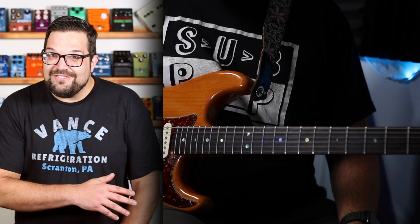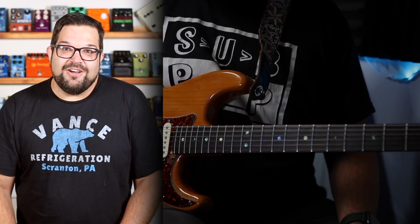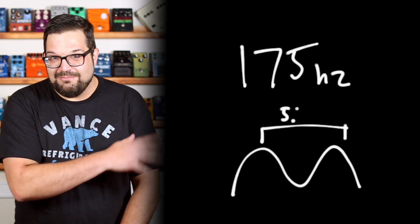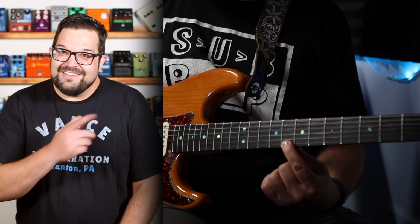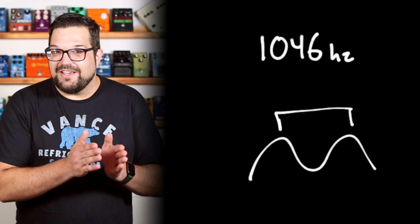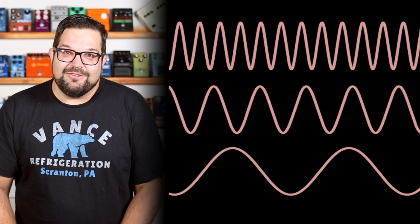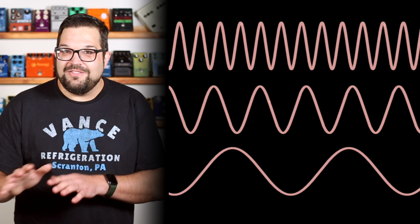The low E string, that's about 175 hertz, and those are going to be 5.7 milliseconds apart. C on our high E string, that's our first note over 1,000 hertz, and its peaks are going to be a little less than a millisecond apart. If we make a rough graphical illustration of those frequencies that we just discovered and start delaying them by,